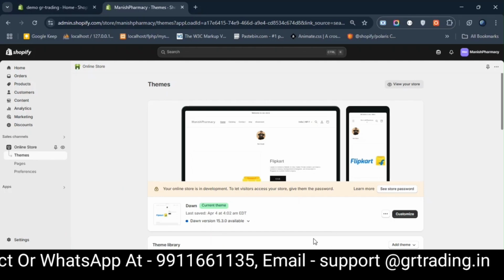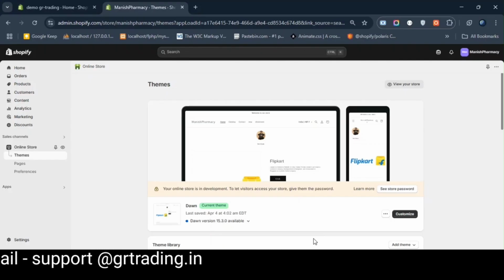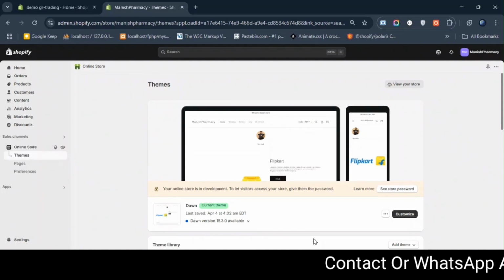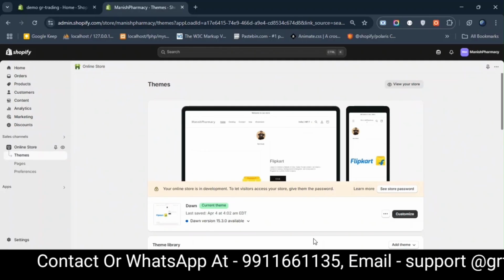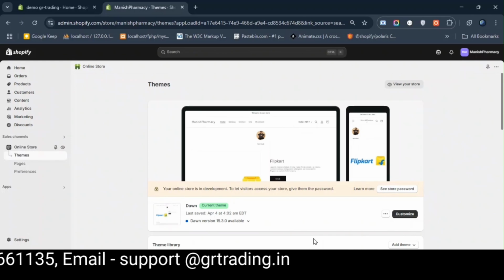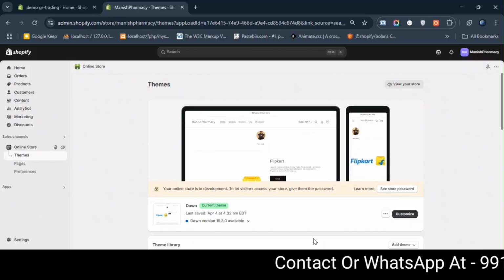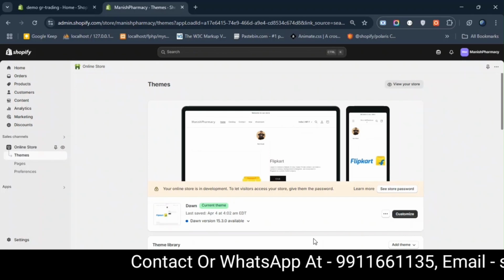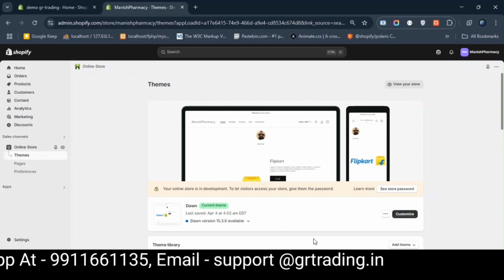Free themes have fixed structures like banner sections, collection sections, featured product sections. If you go for a paid theme, they often come with more advanced features, but they also require extra cost. Some themes need monthly subscription payments, while others require a one-time purchase. Even if you choose a free theme, you might need to customize it to better suit your needs. For that, you may need help from a developer or agency, which again increases your overall cost by